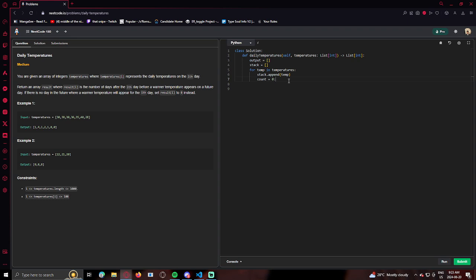So let's get our brain warmed up. What I want to do is put something in a stack, okay? And then I want to keep putting in the stack until it's smaller. So I need to do a while loop. So for temp in temperatures, stack dot append temp. I think count is useless, but we'll say count equals 0. And so while